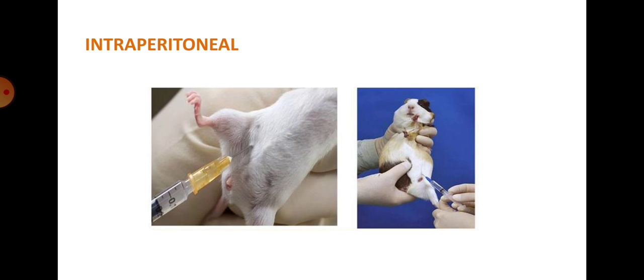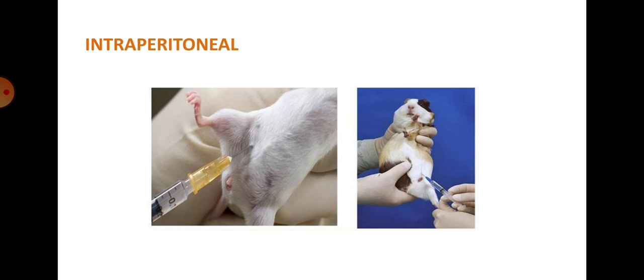So commonly used in rats and mice, since muscle mass is so small and veins are difficult to find. Rapid absorption, almost as fast as intravenous, that is IV, due to large peritoneal surface. Now IP administration results in a faster absorption into the vasculature than subcutaneous administration. A mouse may easily be injected by one person, whereas a rat might require restraint by one person and injection by the other. Volume of vehicle ranging between 2 ml per kg to 10 ml per kg body weight.